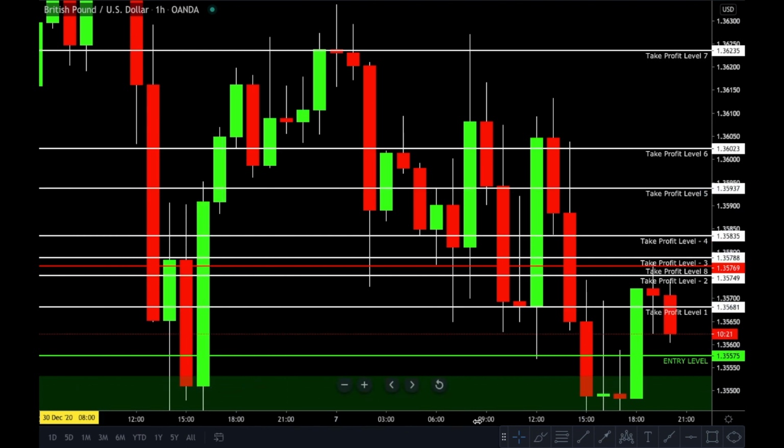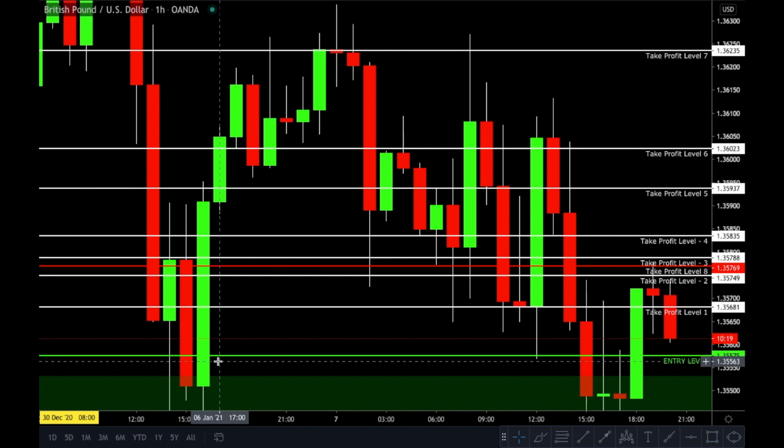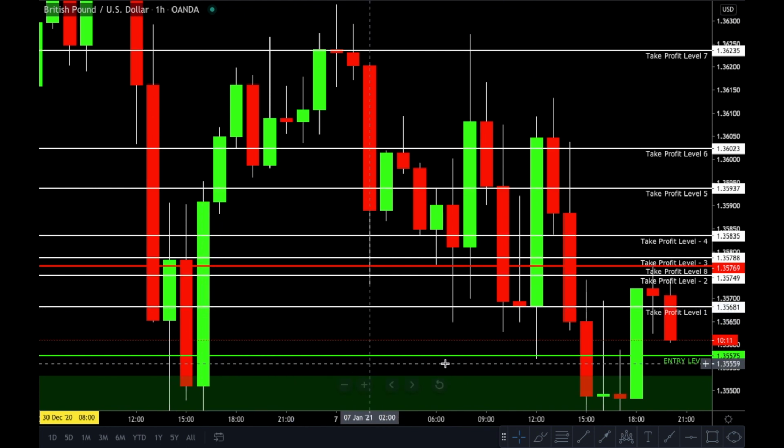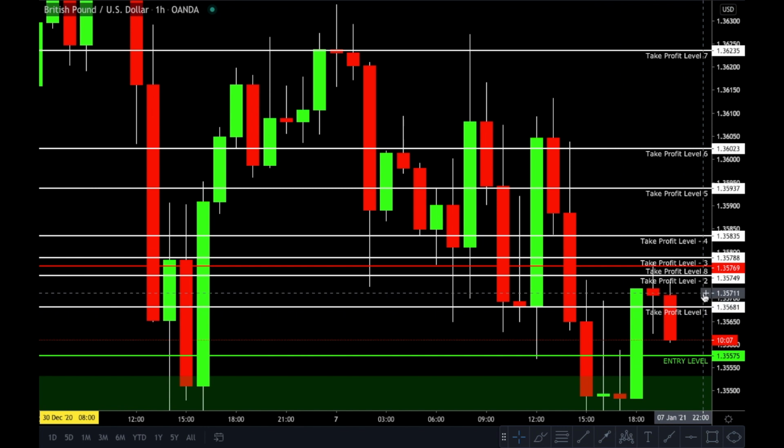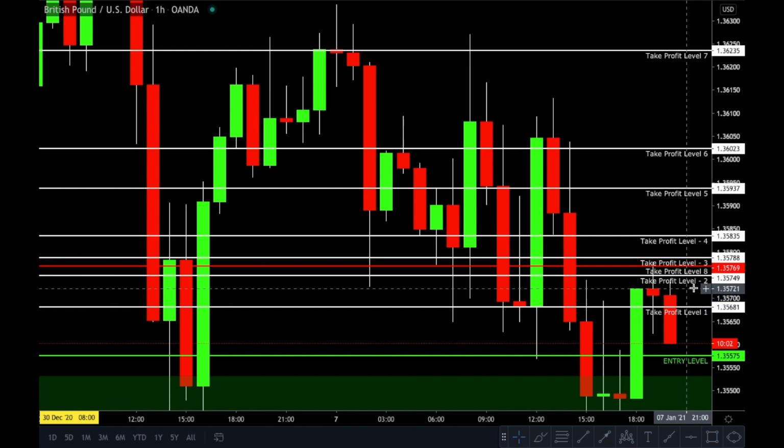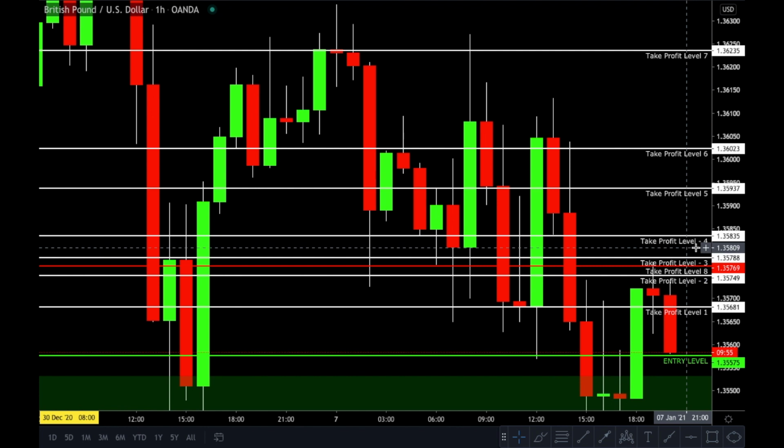But what I actually did here is, so I had entry right here, as you can see. So that was around 1.35575. And I took my first take profit around this point here, which was 1.35681, and then I took my second take profit around here, which was 1.35749. Then I went on to take my third take profit around 1.35788, and then my fourth partial take profit was around here, which was